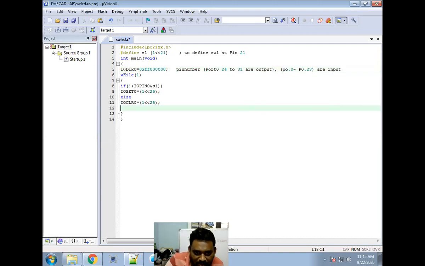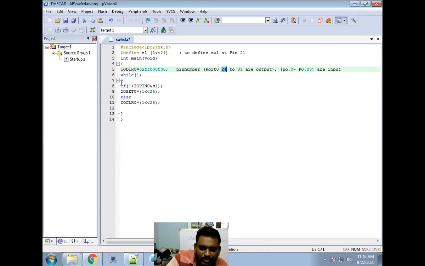That is the meaning. What is this IO DIR mentioned? Pin numbers. What pin numbers? Port 0, pin 24 to pin 31 are output. We decided these are output. And port 0, up to pin number 23 are input pins. So that is what we decided.